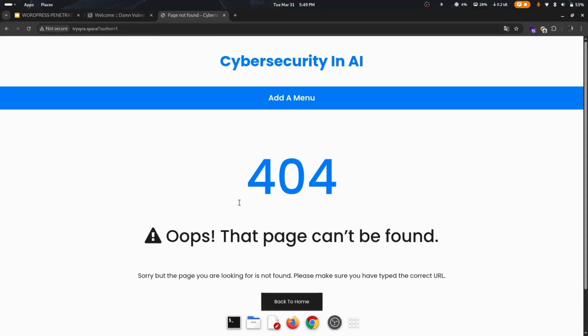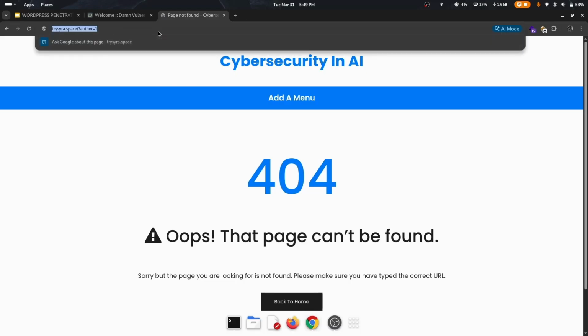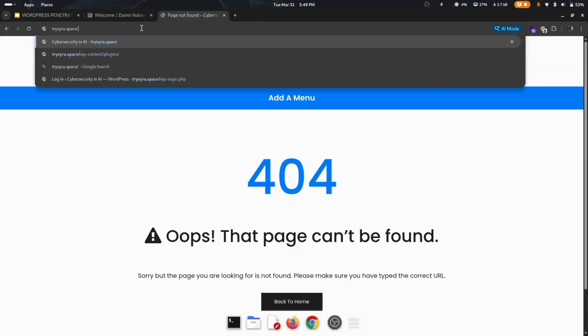In this page, when we enter this payload script, it will show the author ID. If the author ID exists, it will show the details of the authors here. Then for the REST API, if we have any REST API,